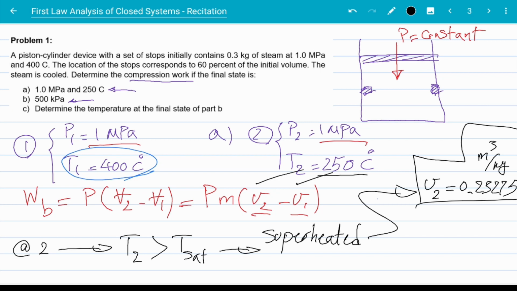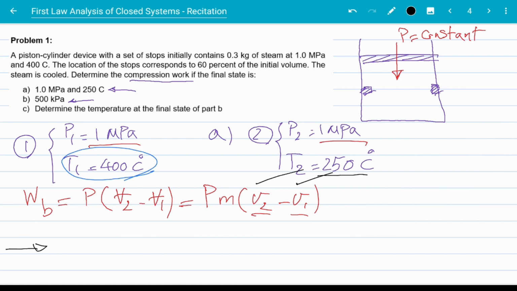All right, so we got both the initial and final specific volumes, all we need to do is plug in everything that we have into the boundary work equation. All right, so if I do that, I'll get that the boundary work is the pressure, 1 megapascals. Now, if we want to get the final unit in kilojoules, or kilowatts if you're dealing with power, it is always good to plug in pressure in the form of kilopascals. So 1 megapascal is 1,000 kilopascals, times the mass, which is 0.3,